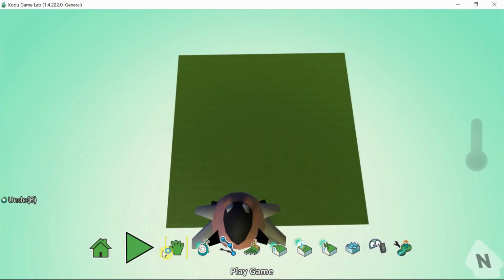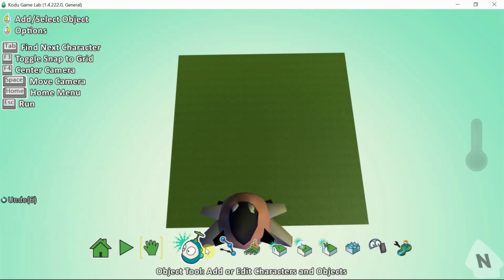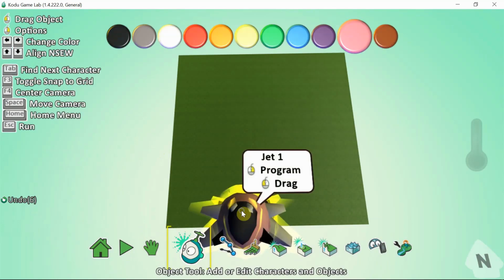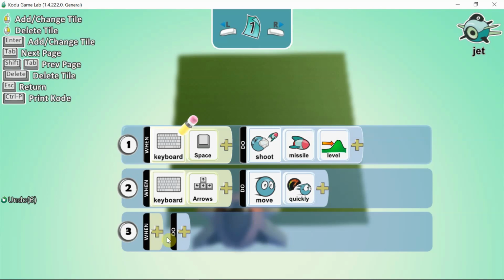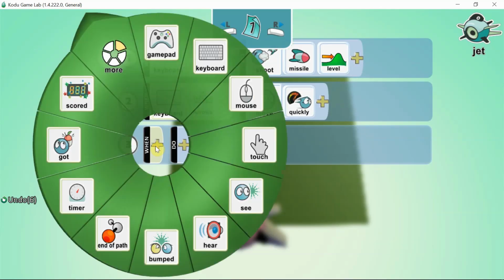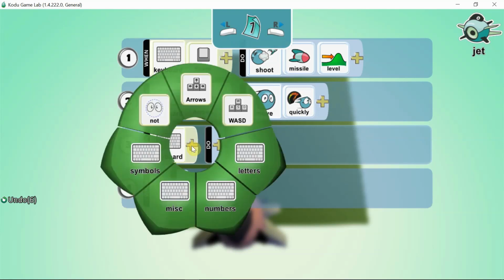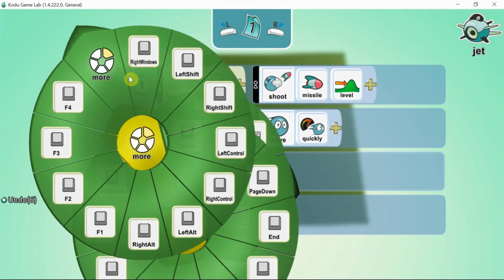Now see what I am doing here. I right click on the jet, I come back to the object tool, right click on the jet program. Watch carefully what I am doing. I am going for keyboard, I am going for miscellaneous, I am going for more because here I don't see those keys.